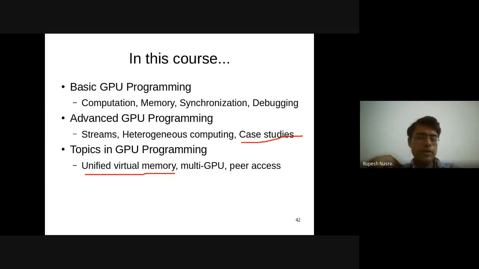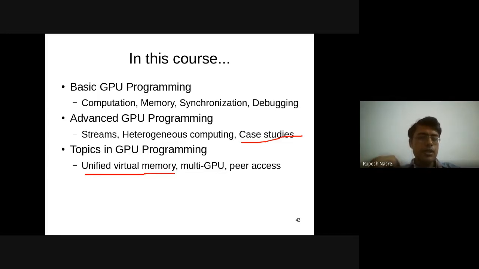So where do we go from here? Well, the world is wide open. There are lots of other things that you can learn. More advanced things are coming in the GPU domain. There is more parallel processing that you can learn, for example, CPU-side parallelism, like multi-core parallelism or shared memory parallelism. Then there is distributed parallelism, which typically uses MPI, but there are other libraries or frameworks also which you can use. For example, somebody who is interested in cloud processing can learn about Hadoop or MapReduce, etc. So all of these are going to make use of some of the concepts that we have learned as part of this course.